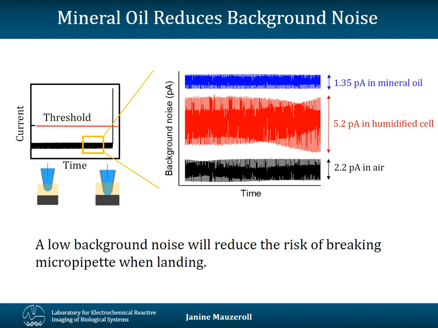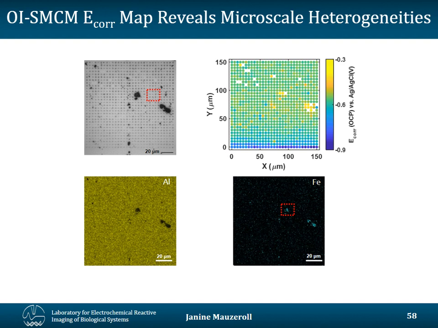And what's interesting about this method is that it really can perform many measurements over a large scale. Here you have an aluminum alloy, which we imaged. I think it had something like 1,000 landings. Each of the dark area circles on the upper left-hand side is a region where a droplet landed and measured either the corrosion current or a